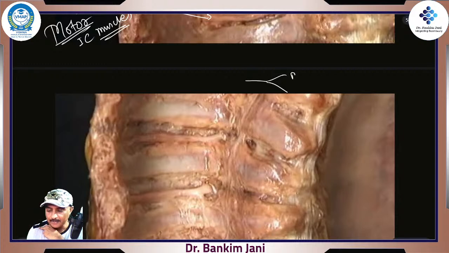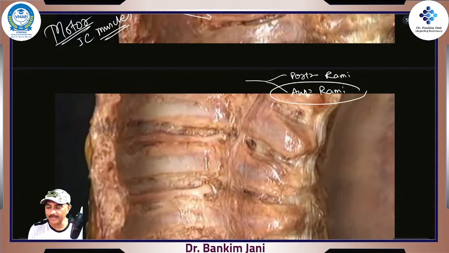Rami means branch, right? These are the direct continuation of anterior rami of thoracic spinal nerves. Done, right? So if I write it, they are direct